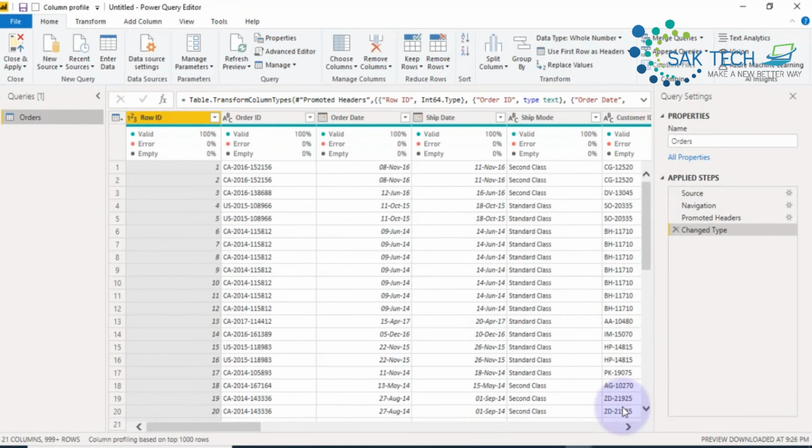Power Query works with Power BI as a data preparation tool. So now I've brought my data into Power BI. The next thing we want to do is to look for what transformations we need to do on this data before we load it and try to create some